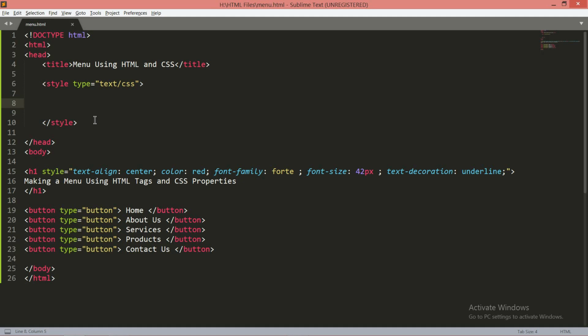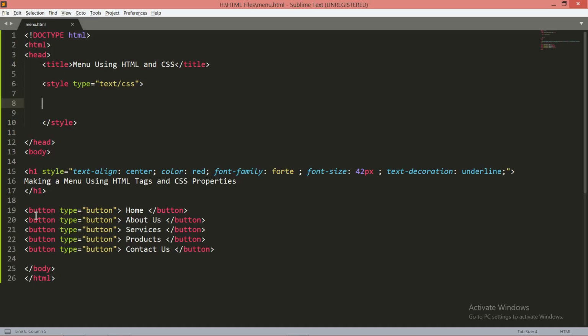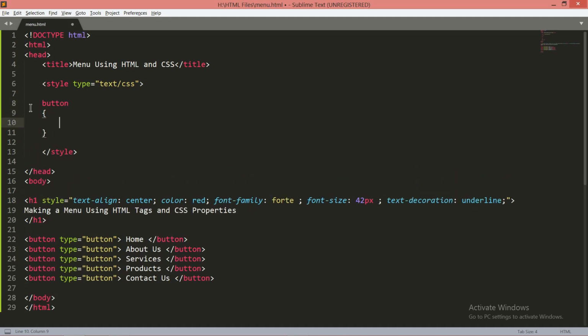Now what I want is that all these buttons should be colorful. For that purpose you have to implement the CSS properties. See, I want to make these buttons change. Okay, this is the button tag. In the CSS just give the reference of that particular button tag. Now I have given the reference of the button tag. Whatever property you implement over here will change all the buttons altogether.